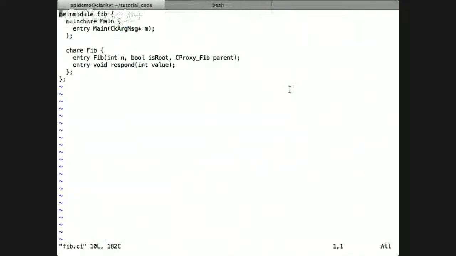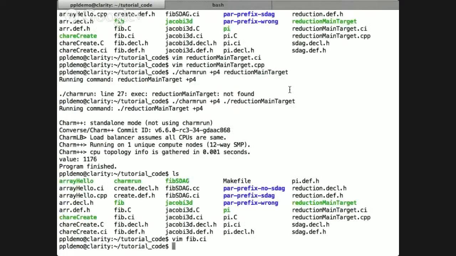So for example, here we have our CI file, we have our MainChar, and then each fib object takes the number it wants to compute, a Boolean saying whether or not it's the root of the tree, and a proxy to its parent, and it also has this respond method. And then if we look at the C file,